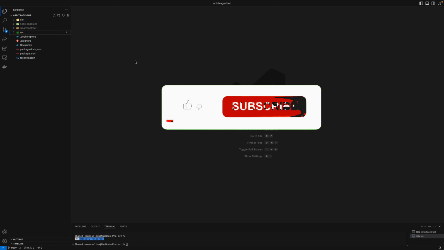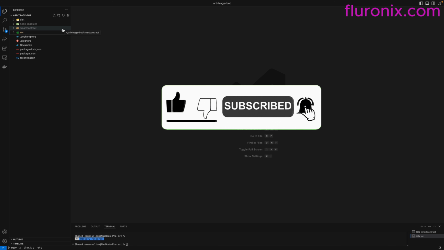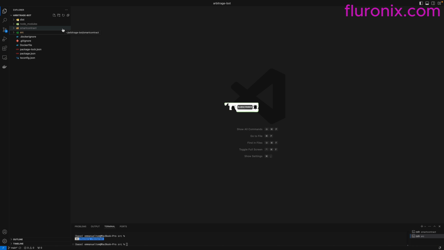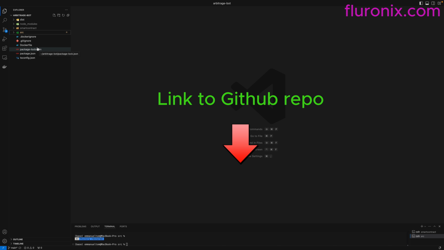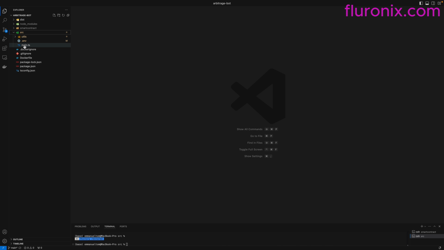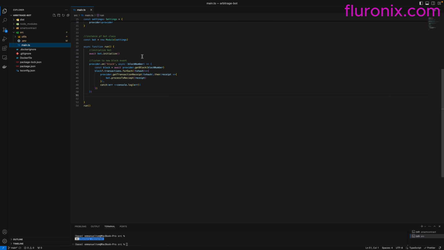From my computer, I have this bot code. This is the DeFi arbitrage bot that we are going to use in this strategy of finding potential arbitrage to execute. You can clone this directory from the GitHub repo, link in the description. And if I click on the source directory and then open the main.ts, which is the main file,